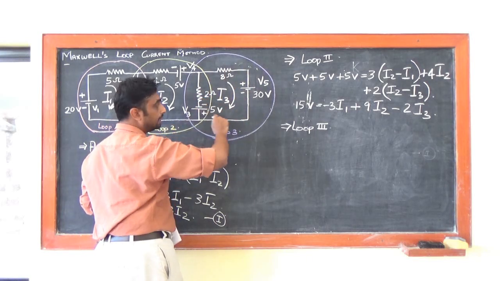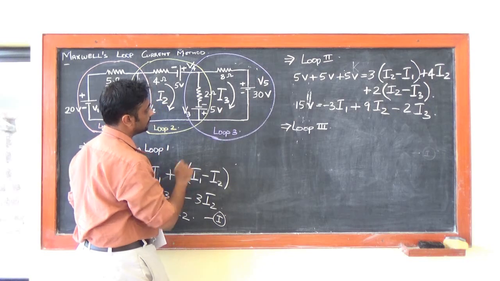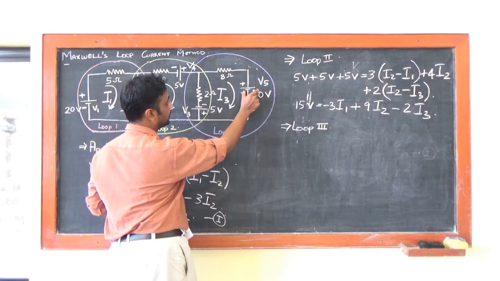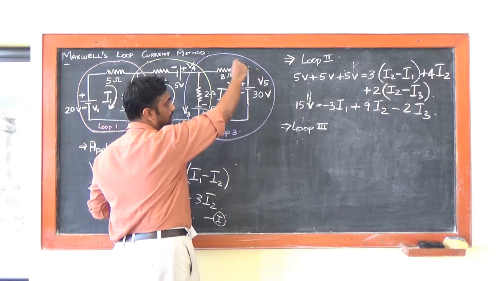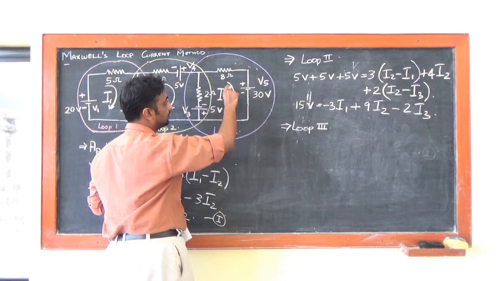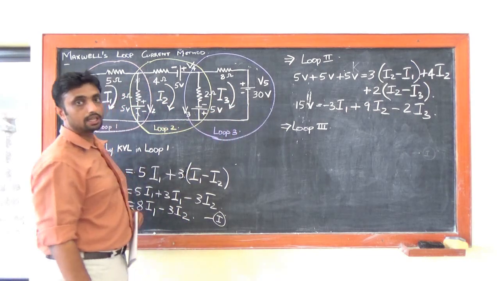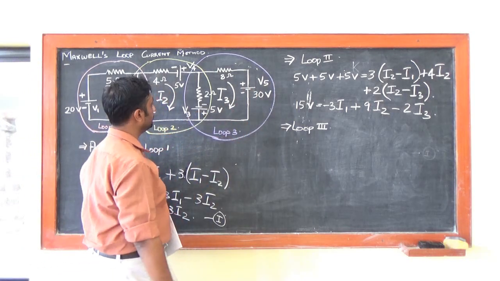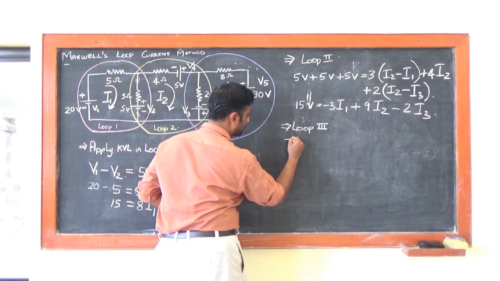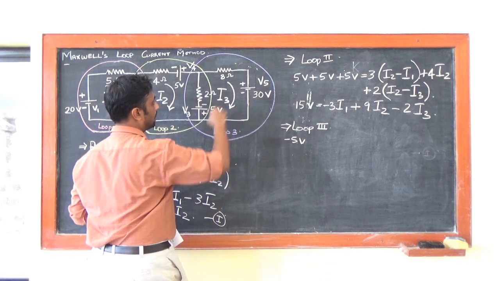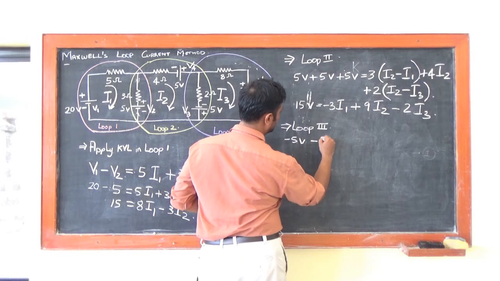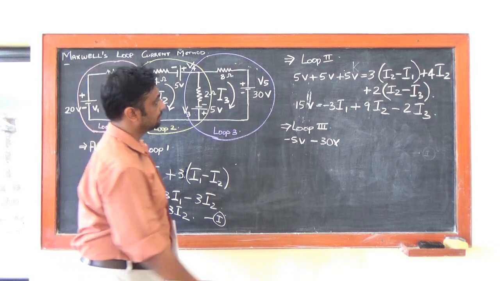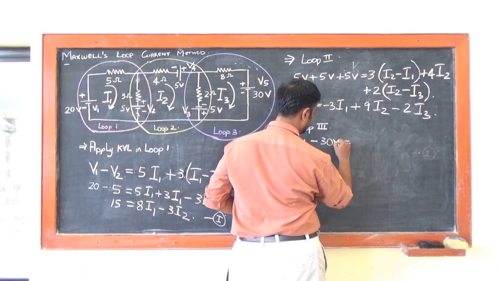This is clockwise or anti-clockwise? Obviously, it will be anti-clockwise. The direction of I3 is clockwise. So, this will be minus. What about this? Positive to negative. It is moving in the anti-clockwise, which is again reverse to the direction of I3. So both voltages are in negative nature. So I have minus 5 volts. What I have here? Minus 30 volts. So I have minus 5 volts and minus 30 volts, which is equal to